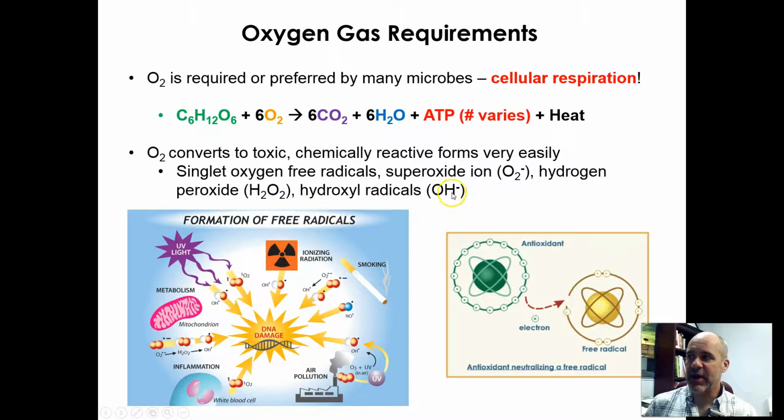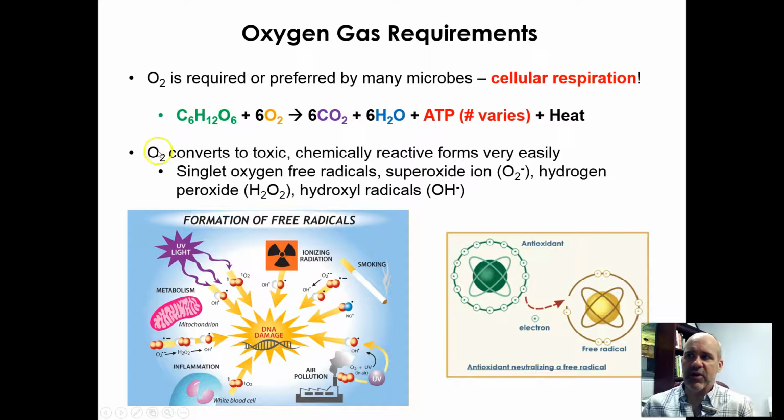That's an oxygen and a hydrogen atom bonded together with an extra electron, a negative charge. So all of these things are generated just by normal natural chemical reactions all the time that take place in cells exposed to O2. And all of these things are very highly chemically reactive. Now over here it's showing you in this figure, well, what are some of the things that